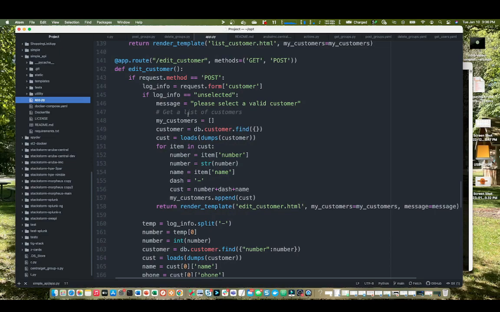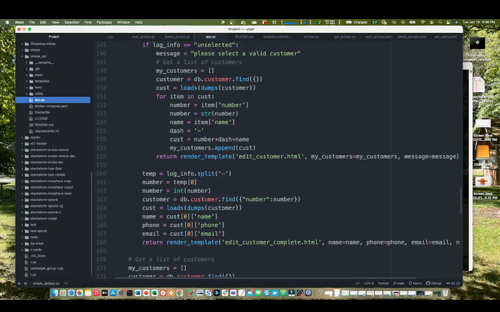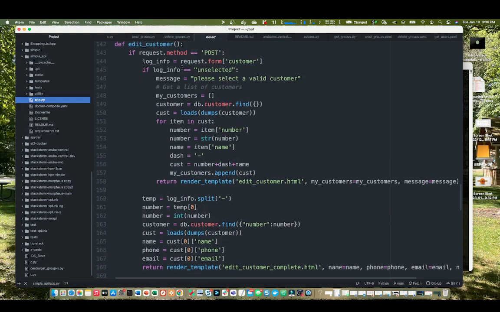Edit endpoint is really the hardest one here, because we have to do so many things. Remember, we said the first time through post, we're going to come through, we're going to gather up the information from the database, and we're going to offer it in a pull down select menu. Well, when that gets selected, it's going to come up here as a post, and it's going to make sure that you actually selected something. So make sure it wasn't invalid, and if it's true, it goes ahead, figures out what entry you selected, and it will go ahead and run this edit customer list. That's getting the